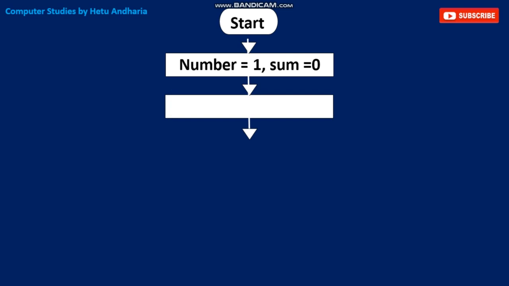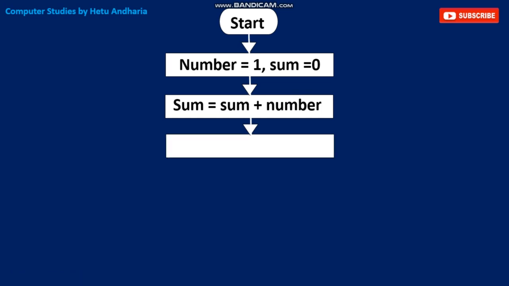We proceed further, down arrow key. Then we do another process. What is that another process? Sum is equal to sum plus number. What is the value of sum right now? Your right hand box is empty, so it is 0. 0 plus 1 is 1. So now the value of sum is 1. Next process. Here there are only process symbols, just say. Now we also have to increment this number variable, right?